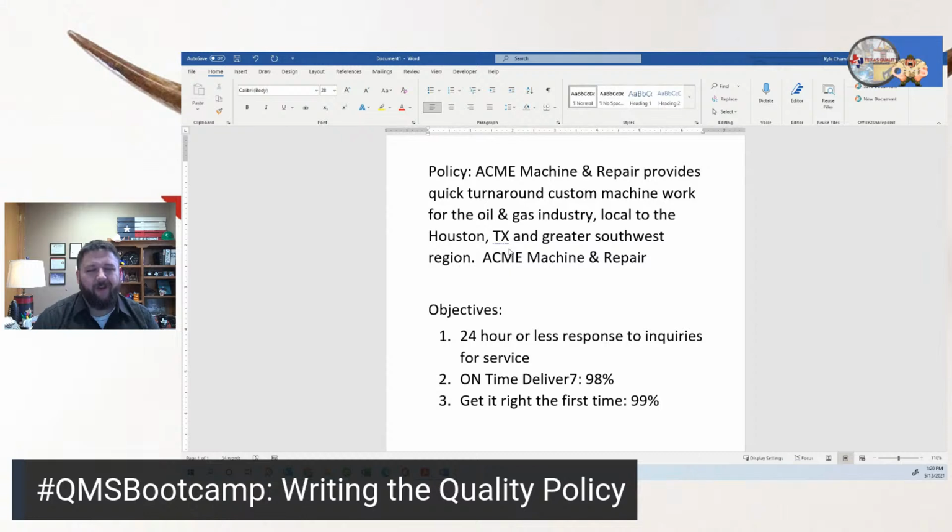Because yes, we want to hit requirements, but let's be honest. No one should ever set out to say, we're just going to find the laws that we don't like and ignore those. We're going to find all the little customer requirements that we don't like and just ignore those. Industry best practices, who cares? I'm going to do it my way. You're not going to be successful doing that, right? So it's kind of implied that we're going to meet those requirements.